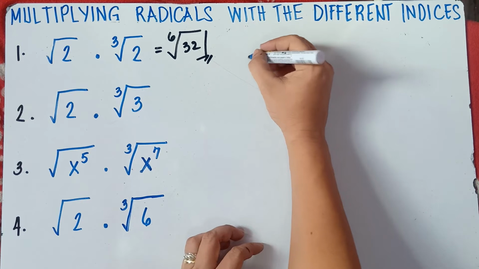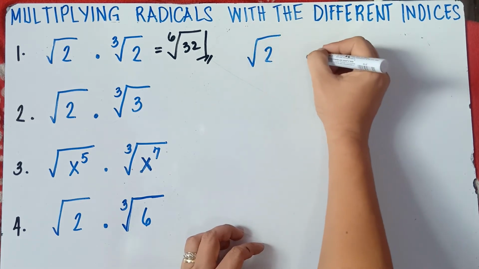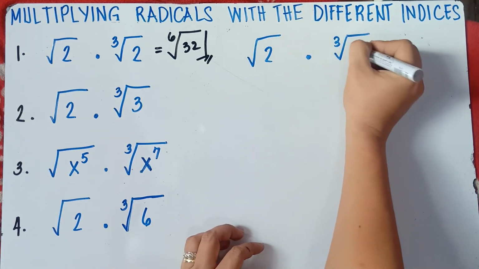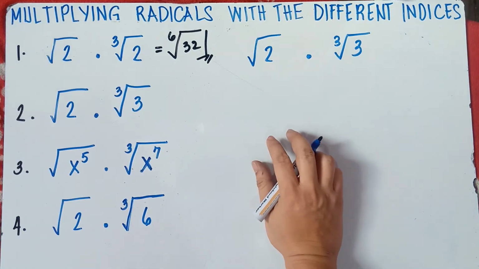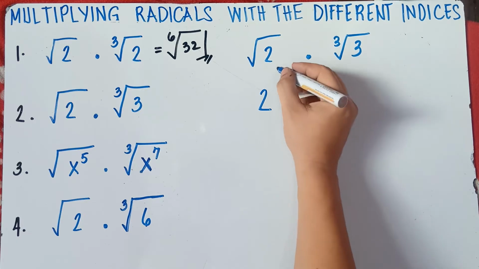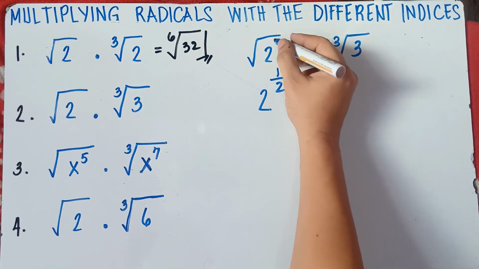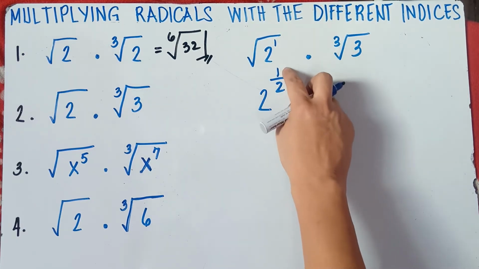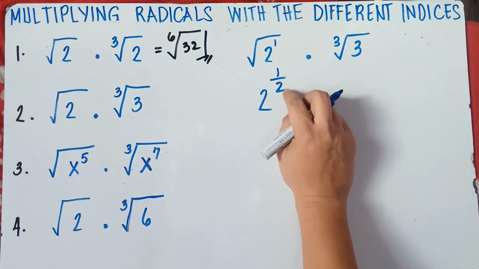Alright, so let's try number 2. We have the square root of 2 multiplied by the cube root of 3. Converting this into rational exponents, we can write this as 2 raised to the power of 1 over 2. Once again, understand that there's a 1 here. 1 will be the numerator